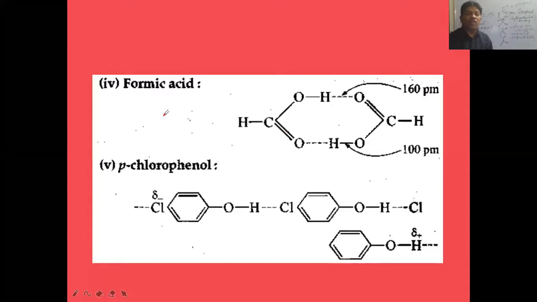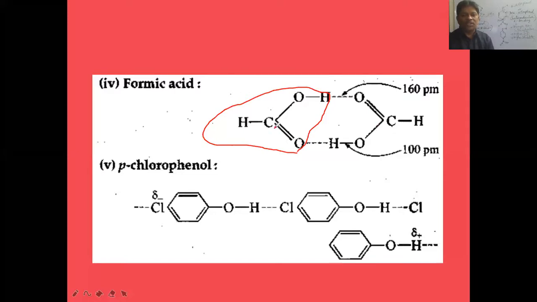And the next example is formic acid. The formula of formic acid is HCOOH. Here it is one HCOOH molecule, and it is another molecule on the right side. Now between these two molecules, the hydrogen bond is between the hydrogen of one molecule and the oxygen of another molecule. And here also, between the hydrogen of one molecule and the oxygen of another molecule. These dotted lines indicate hydrogen bonding. So here is one hydrogen bonding, and another hydrogen bonding here.